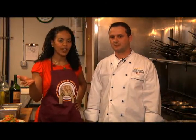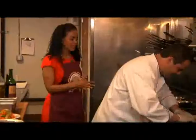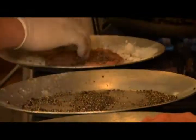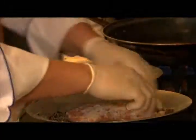Okay, guys, so I'm here in the massive kitchen of España Real with Riddy, the executive chef, and we're gonna make pepper-encrusted veal in sangria sauce. So what's our first step? Very good. I get very excited about food, forgive me. So we put the veal in the pepper and then the flour. Right. A little flour, just to...